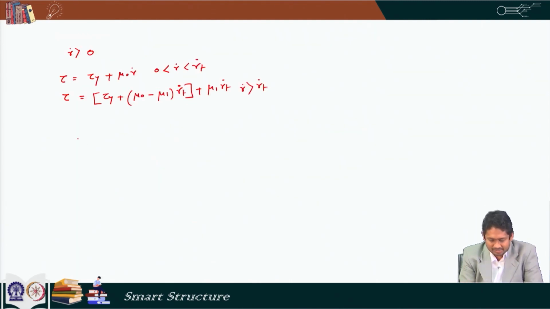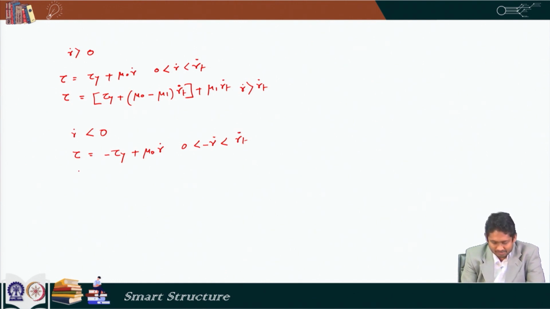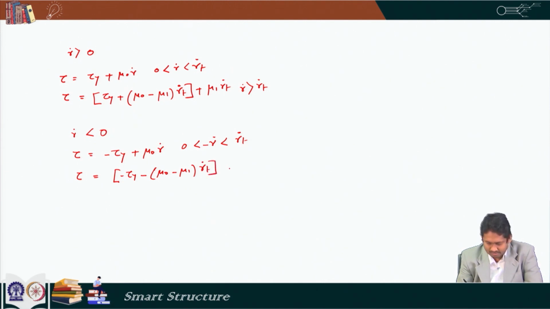Now, what we saw just now is based on the fact that gamma dot is more than 0. That means, we are looking at this graph or this graph. Now, we will look at the negative side of the graph. That means, when our gamma dot is less than 0. So, gamma dot is less than 0, and then the equation looks like this: tau is equal to minus tau y plus mu 0 gamma dot, where gamma dot is a negative quantity now, and when the magnitude of gamma dot, which is minus gamma dot for this case, is less than gamma t dot,